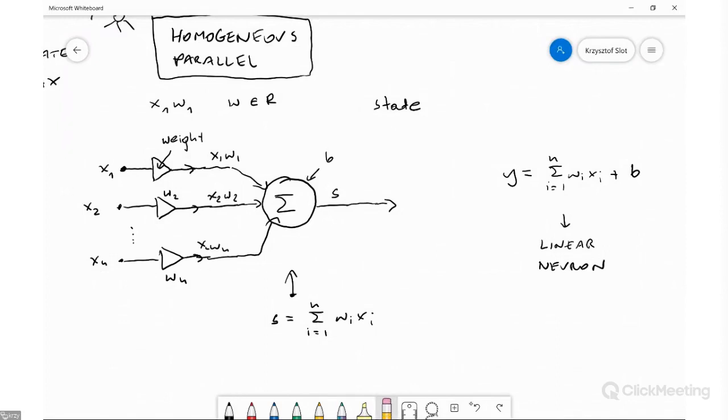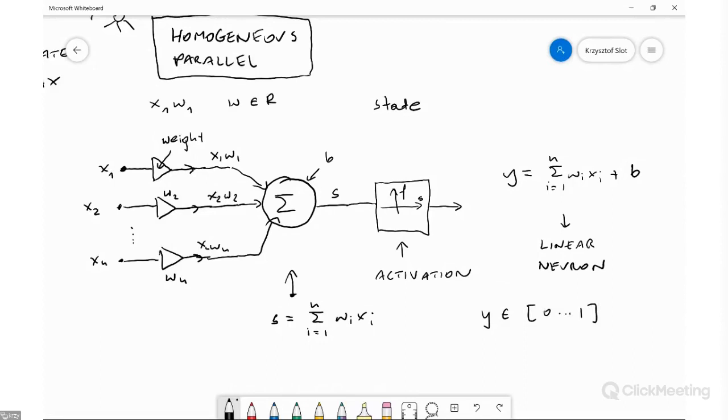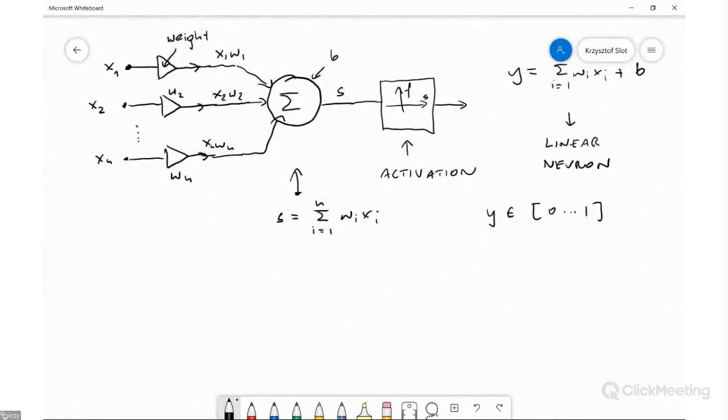So what is being done here is an introduction of another step of processing, and this additional step of processing is called activation, or activation function, or output function. An activation function that is attempting to provide that output values belong to this interval 0, 1. So if I would like to propose a candidate for this f, because output is some transformation of S, that means of a state, a possible candidate for implementing this activation function is something that I have already introduced to you,